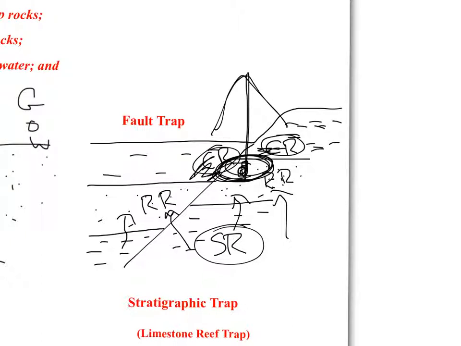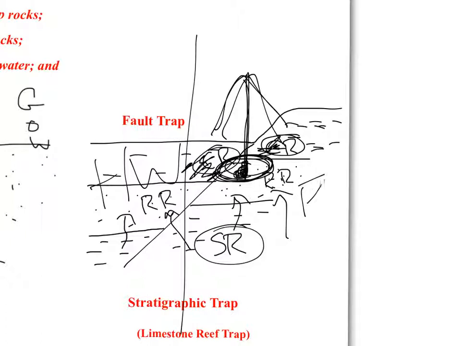Okay, if it wasn't for the fault, the sandstone wouldn't be shifted. And so because it is shifted now by the fault, this sandstone in this location is shifted up against shale over here and shale over here, so it can't get out. And you drill down through here and you go right into the petroleum, which is gas or oil. In this particular case, if I drew my line down through, this side is the hanging wall, this side is the footwall. So the hanging wall is moved down in relation to the footwall,